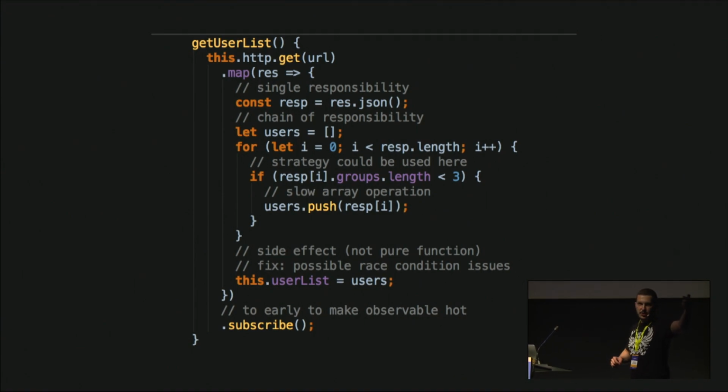So at some place you did call this, and in another place you're expecting that this property of the service will contain the user list. And here we go, we have race condition issues, and you'll have a funny time finding where it's actually broken. Who is responsible for filling this in? And of course, observable suits better as a cold one.